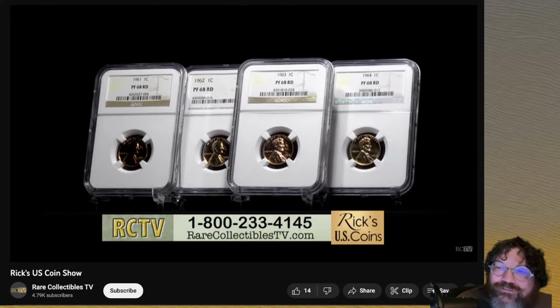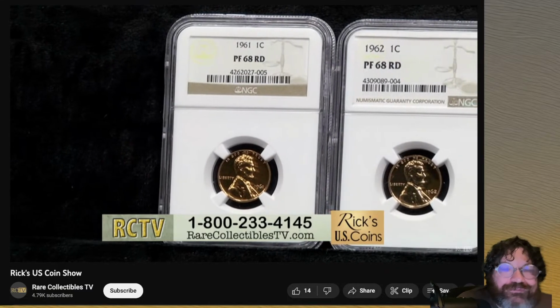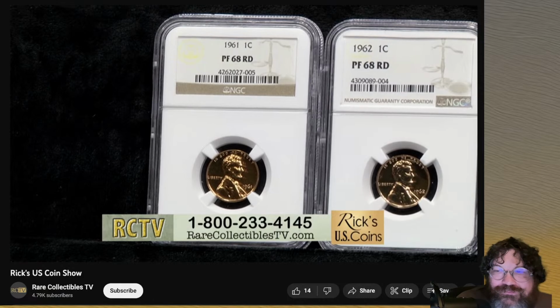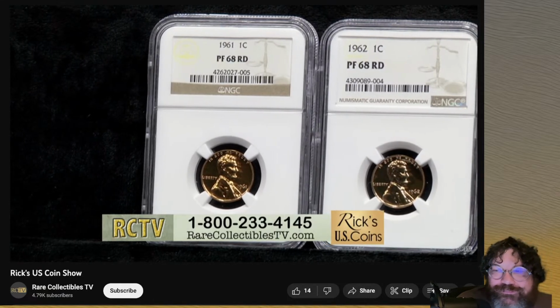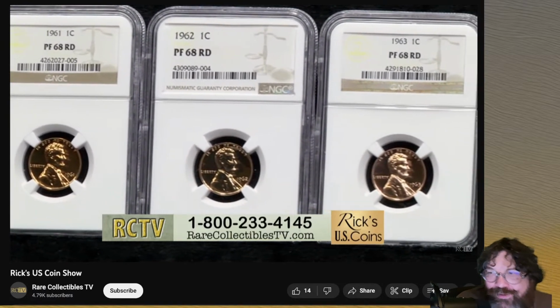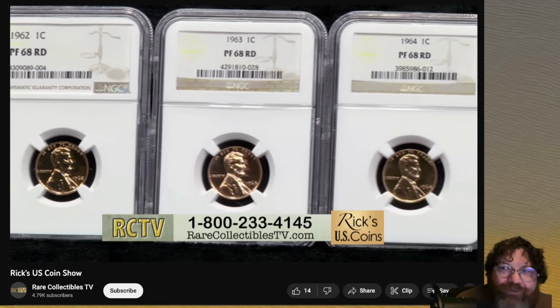Well, you've got to figure they're going to charge you about $20, $25 for grading. They charge you over $20 to ship it back to you registered mail. Your shipping cost doesn't include the cost of the coin. Before you get done with it, your cost is going to be over $50. Well, the shipping is spread out over all the coins you submit. So if you submit a box of coins, you're going to...